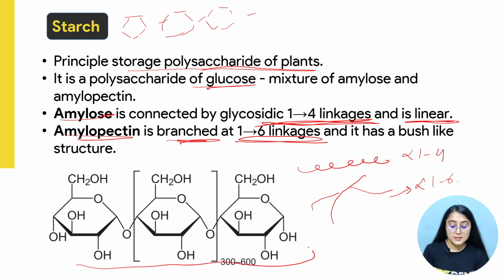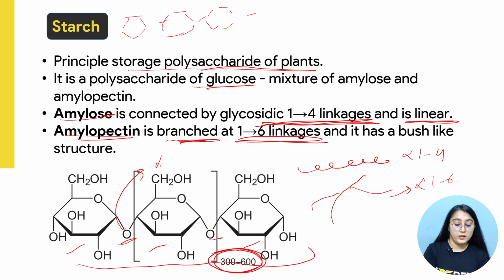What we see over here is an example of amylose where we see glucose units are joined together by glycosidic linkages and they can be up to 300 to 600 units, and over here we have alpha 1,4 glycosidic bonds. And over here we have alpha 1,4